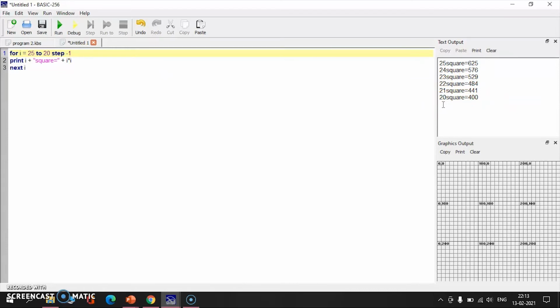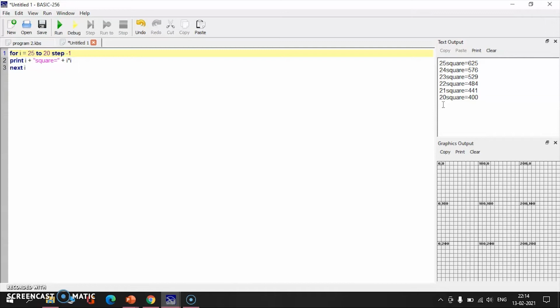So have you all clear about the for statement? Yes. So the syntax of the for statement is: for variable, we have to give a variable name equal to expression 1 to expression 2 and step expression 3. So the expression 1 value is assigned and the specified block is executed with the expression 1 value first. The for loop terminates when the value of the variable exceeds the expression 2 value. So it always ends with the expression 2 value.